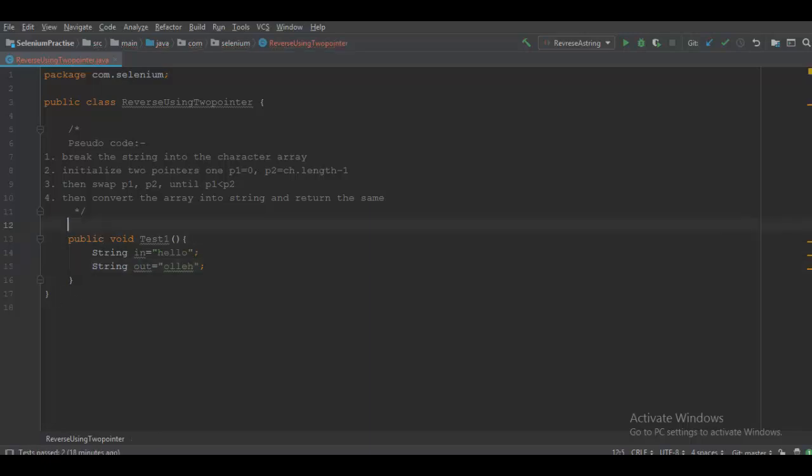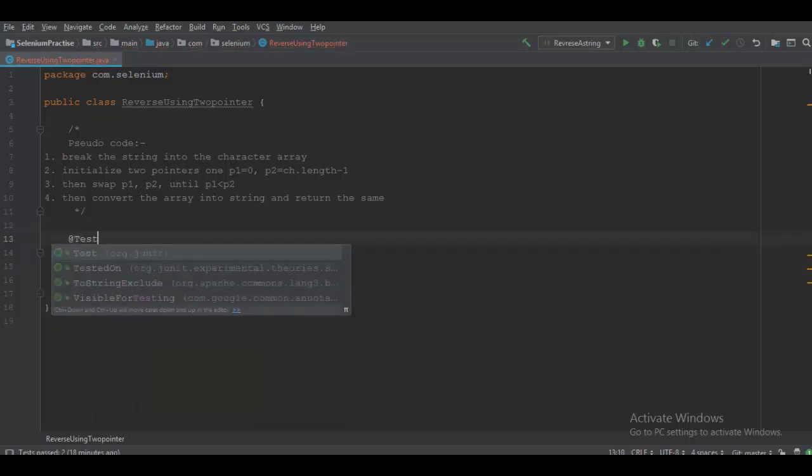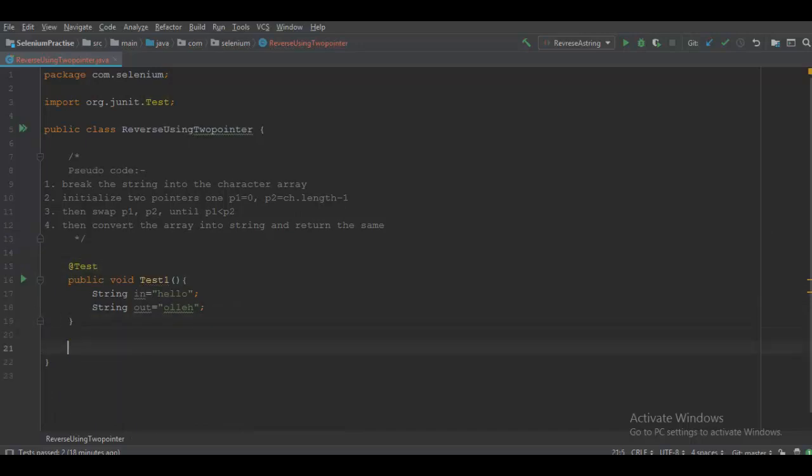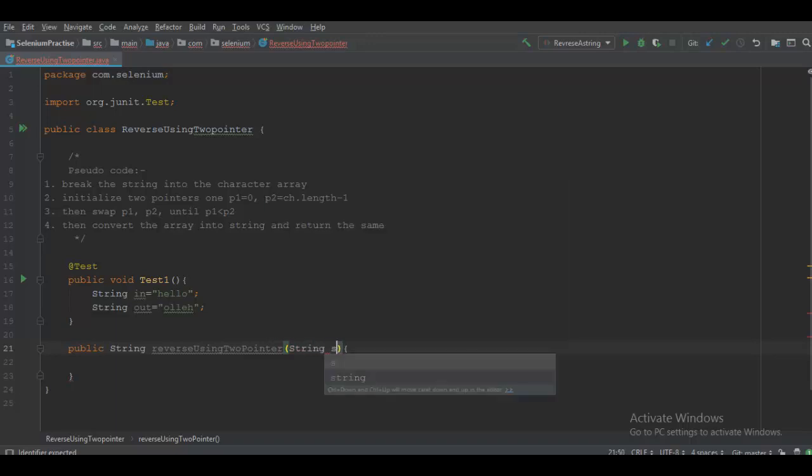I'll annotate this with @Test because it's a JUnit test. Now, public String reverseUsingTwoPointer is my method name. We all know that this will receive a string as an argument.